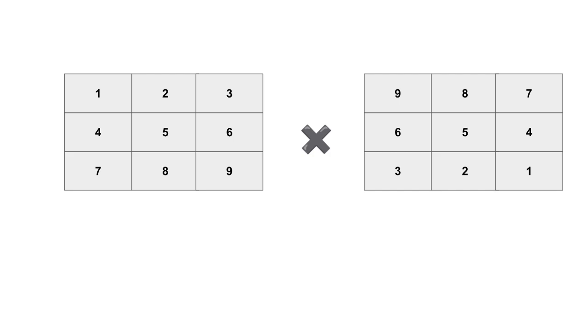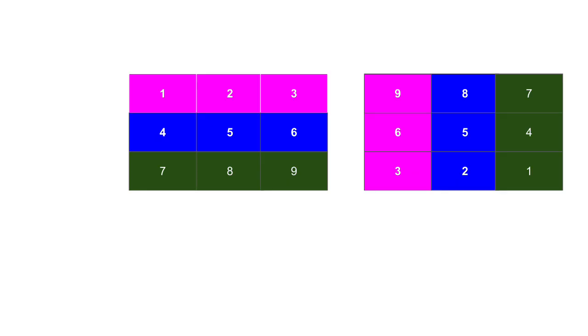So the first thing that we do is, okay, multiply everything by everything else. On the left, we will break this up into 3 rows, the pink one, blue one, and the green one. On the right, we'll break it up into 3 columns. As you take the row on the left and multiply it by the column on the right. Okay, so now we're going to do our first operation. We're going to take 1, 2, and 3 and multiply it times each of these columns, pink, blue, and green,